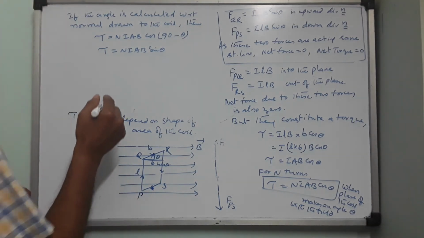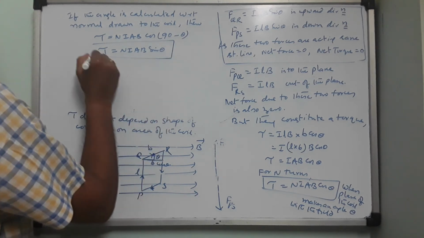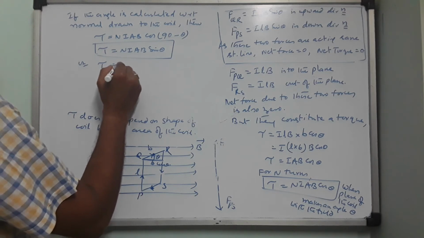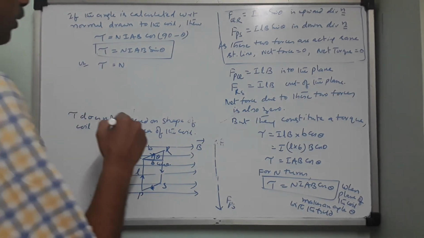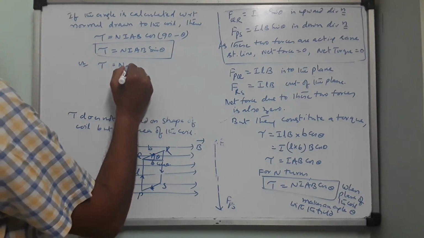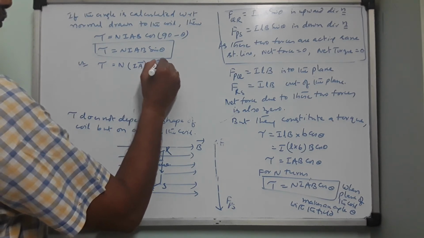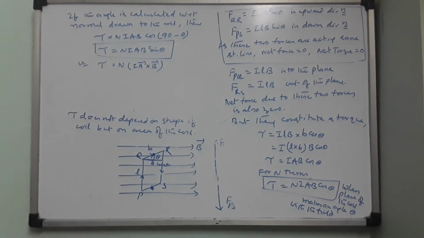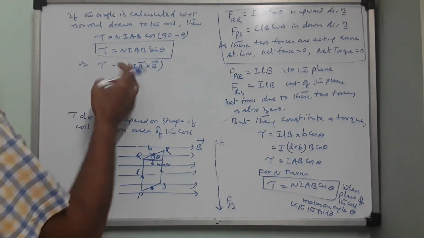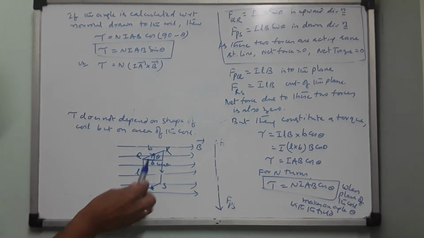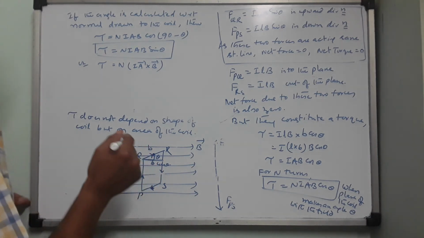So I will write it like this, children. This is actually the magnitude. Tau equals, N is the number of turns, and this will be written as N into I A cross B. So this I is current, it has no direction. Now area is made a vector by drawing a normal to the plane of the coil like this. If you draw a normal, then it will become a vector. So I A cross B.